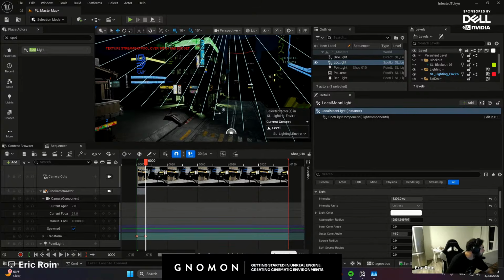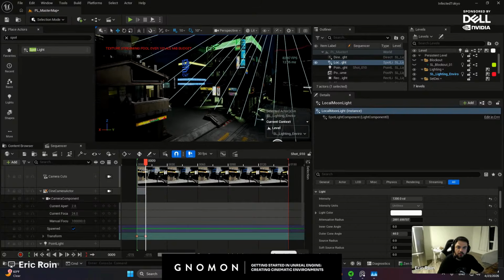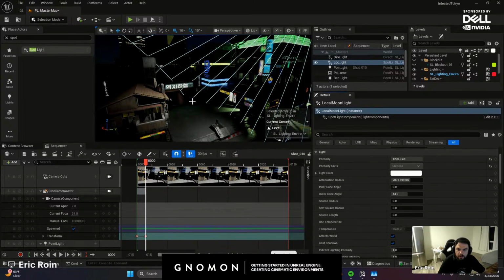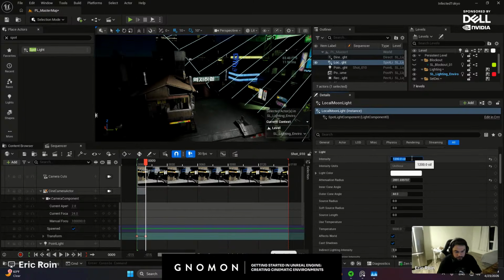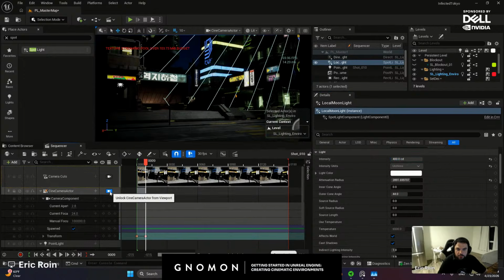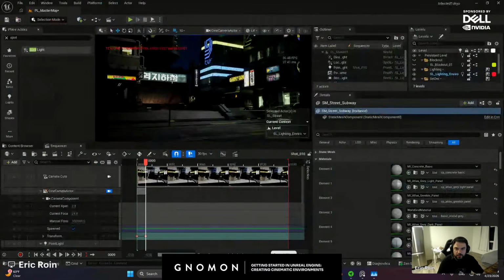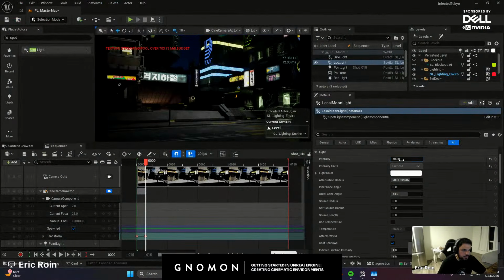Cool. Looks like we're all caught up. Right, let's continue on. We're about halfway there. I really want to show you guys as much as possible with the time we have. So I'm going to start decreasing that, and let's look at that from the camera. And now you see how that building is a lot more separated. It might be too bright now. We can go back and edit. Not a big deal.